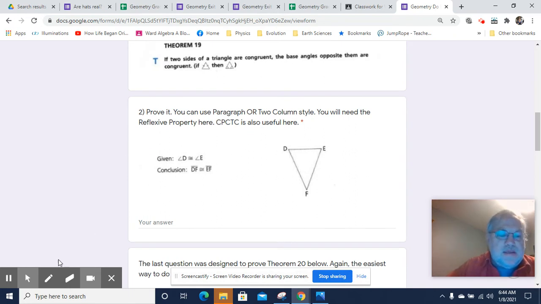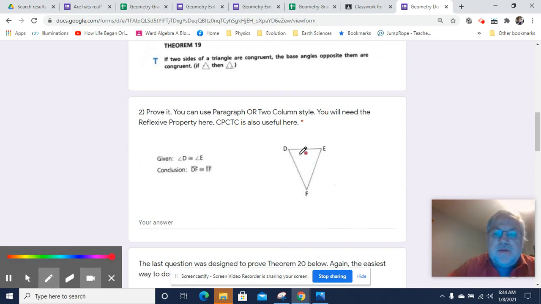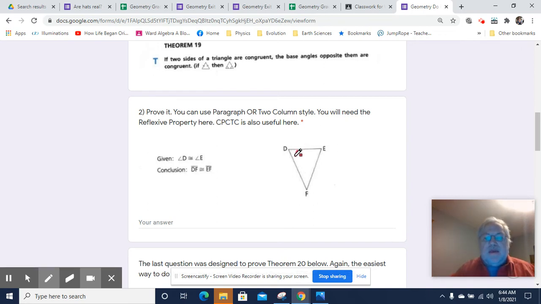We know that these angles are congruent, so let's label them. That's a given. We've been given that this angle is congruent to this angle, and we want to prove that DF and EF are congruent. Okay, so after the givens,